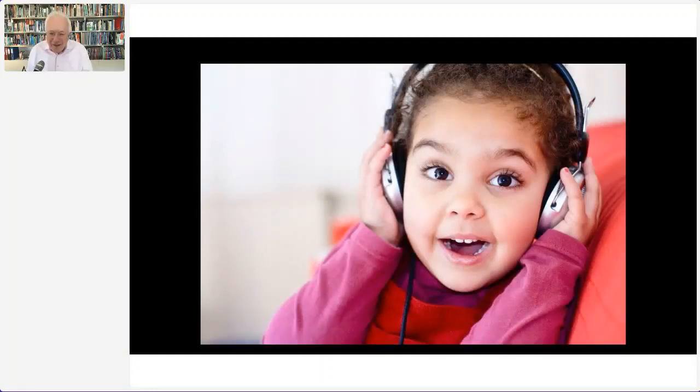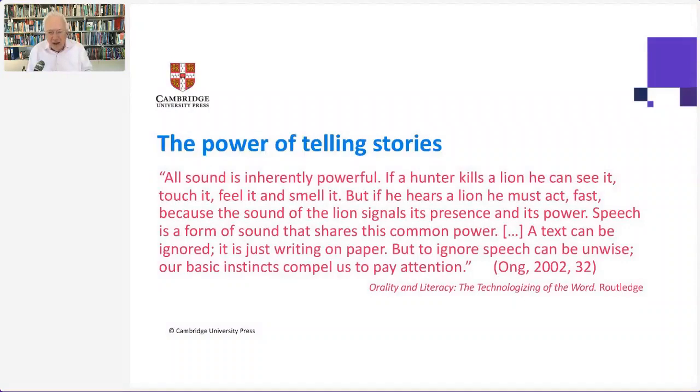When we look at this child here, a toddler, maybe 3 years old, 4 years old, what we can tell is that she is fascinated by sounds. Very, very young children love sounds. They love all kinds of sound effects when they watch, for example, a cartoon story for very young children. They just love them. They get totally drawn into the story because of the audio, because of the sound.